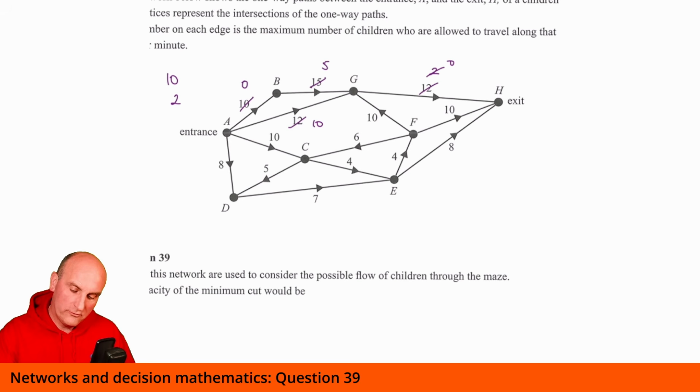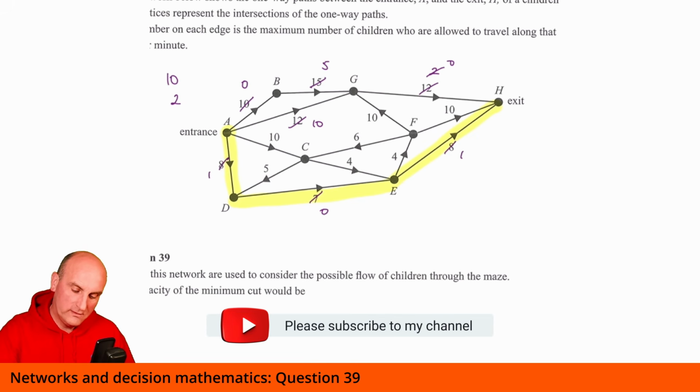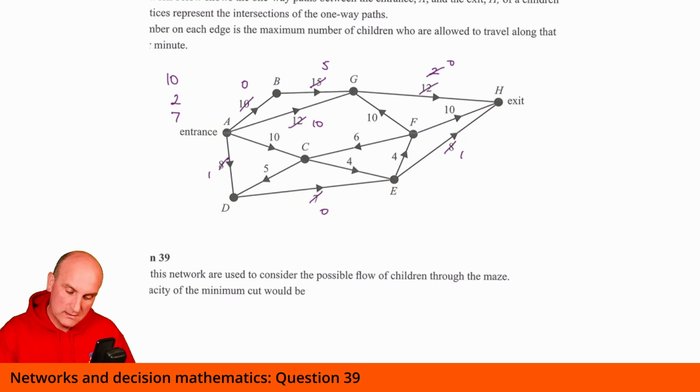What have we got next? So I'm going to try this one here. All right, what have I got here? 8, 7, and 8. So 7, that's going to be 0. That's going to be 1, and that's going to be 1. So I said there was 7 there. All right, where are we going next? Let's delete those. What have I got next?